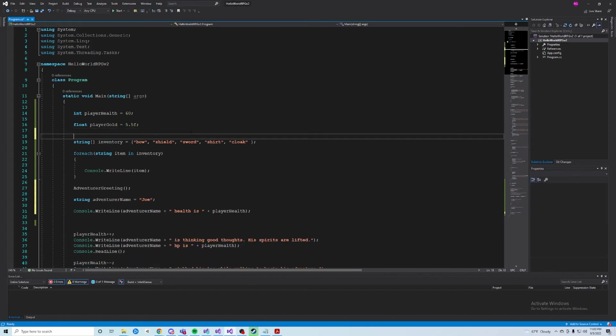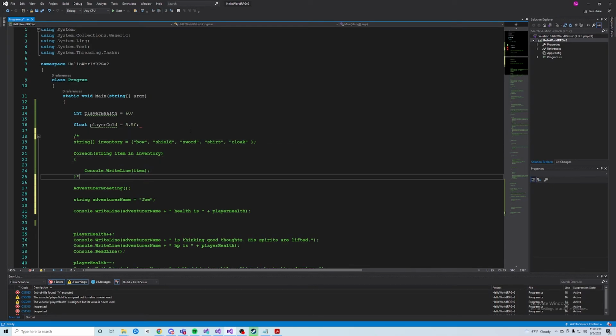So for now, I'm going to comment out this inventory array of strings, and then the for each loop. And we're going to put that in a method as well, in the next video. So if we go ahead and save this,